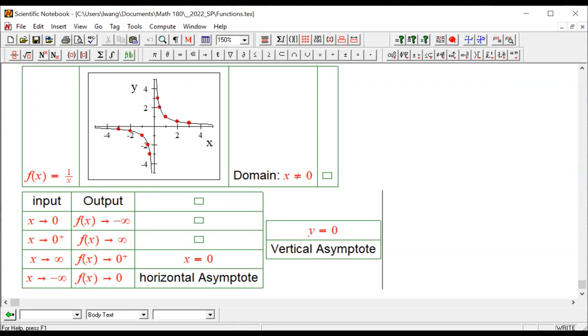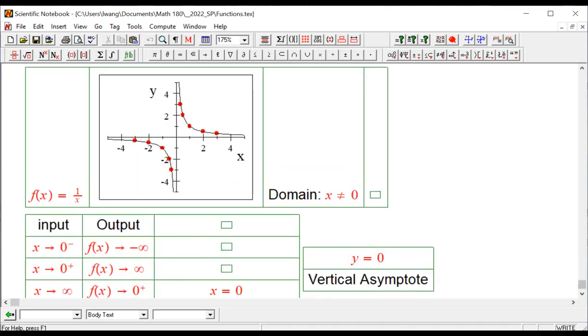greater than zero, right? So let me use some notation. All right, I'm going to use the blue. You can see that x approaching zero from smaller than zero. 175%. I need to make the fonts larger, okay? Even though this is calculus stuff, I want to give you the proper preparation. So here, as x is approaching zero